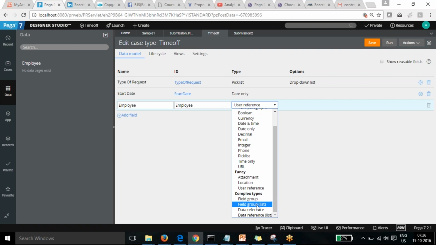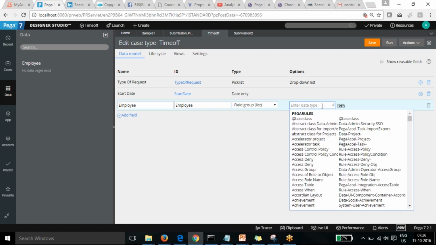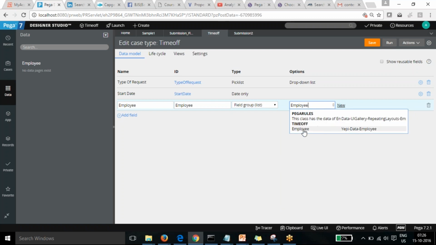So for the time being, I'm going to create it as a list item. Here I need to decide which data object I want to create, so I can write employee. You can see it's coming up. Within that employee, I need to create fields separately.